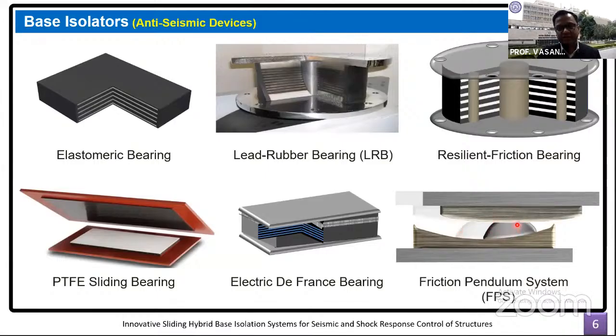However, in a purely sliding system, in order to give the restoring capability, a very novel idea has been thought of. Can we use a sliding surface which is concave or curved in nature? The amount of curvature that we give will decide how much restoring capability we achieve. For example, if the curvature is larger, meaning the radius of curvature is smaller, then it will have higher restoring capability. However, it is at the cost of compromising the effectiveness of isolation, because it will be almost close to a fixed base building, so responses will be higher during the seismic event.